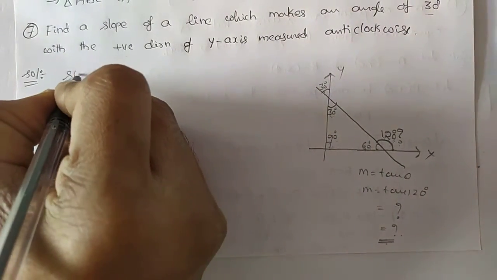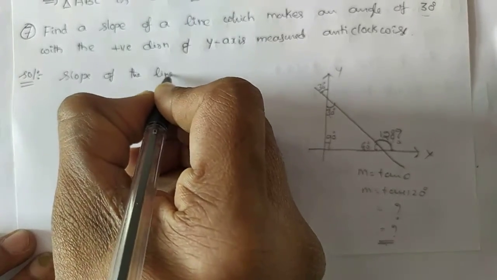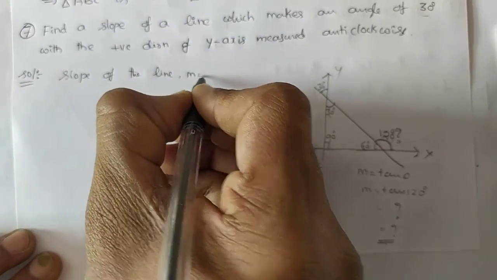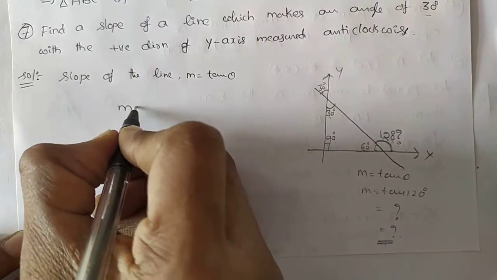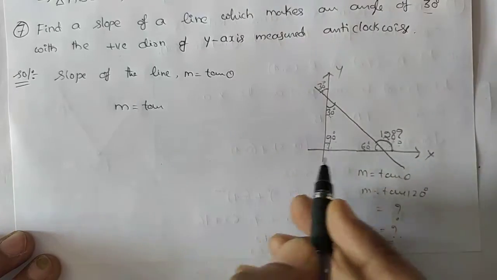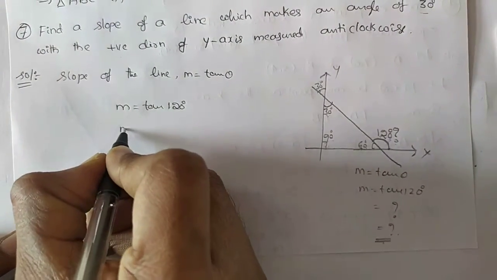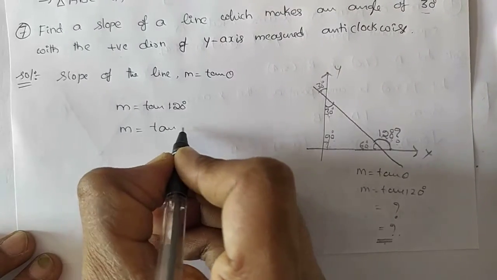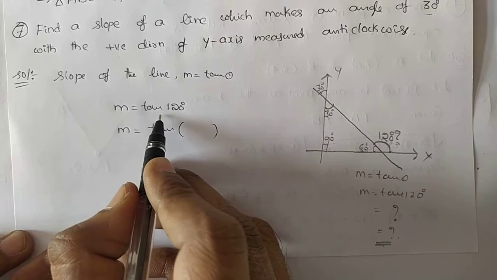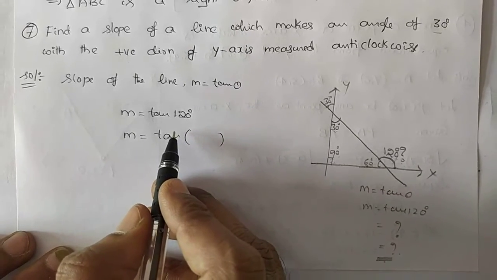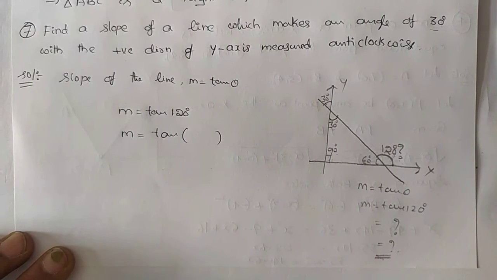Now, write down the slope of the line. The slope of the line is m equals tan theta. Theta is what? 120 degrees. Now simplify it. m equals tan 120. Finding the values of tan 120 degrees, tan 150 degrees, tan 180 degrees, all these things you already learned in your